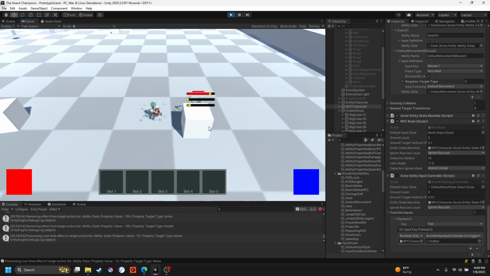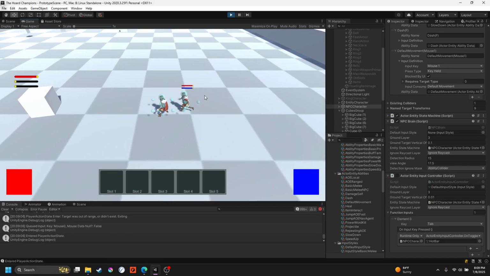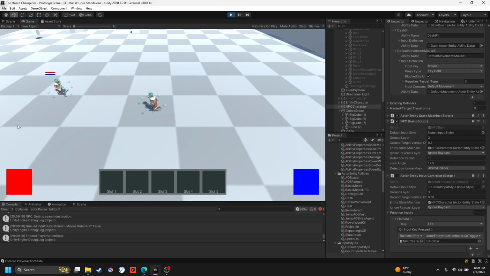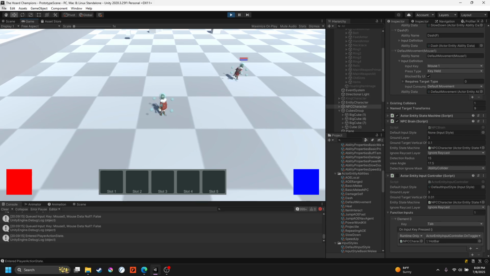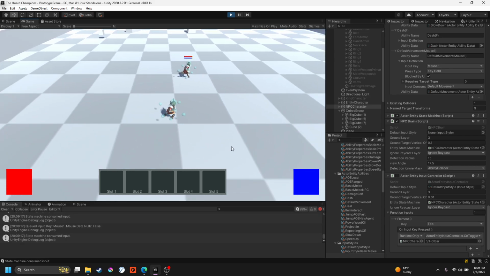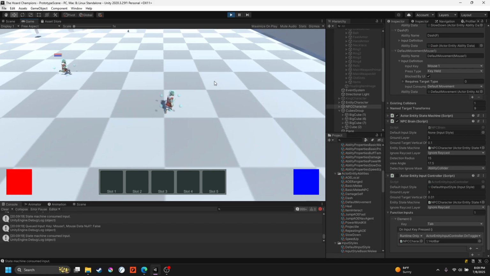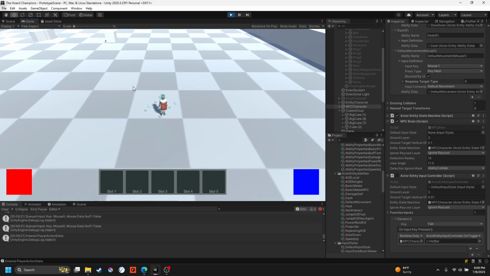Although it found another one, so it's wandering. It found another box, and then it will just continue to wander until it finds another target. It requires some bug fixes, but